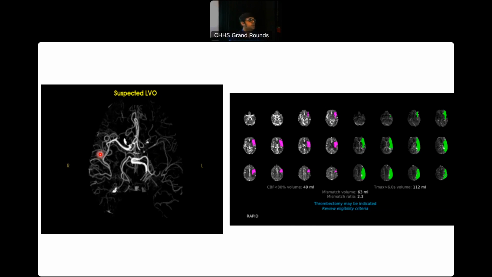It'll even take the perfusion data that's associated with it, and work out what is the core and what's the penumbra, and whether it's actually worth going on and treating it with a thrombectomy. And you can see that the computer spits out that there is a mismatched volume, and thrombectomy should be considered in these patients. So I'm not worried about my job. I'm probably not worried about whether my kids become radiologists and whether they'll have a job, but AI will certainly help us become more efficient in what we do, and allow us to probably report faster and quicker than we currently are, but we're still a few years away.